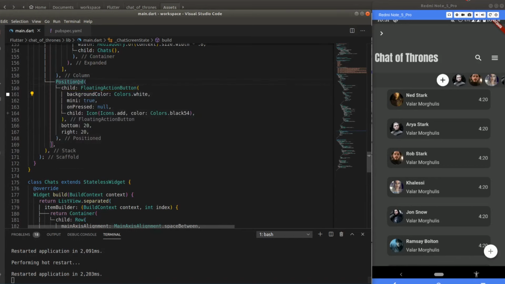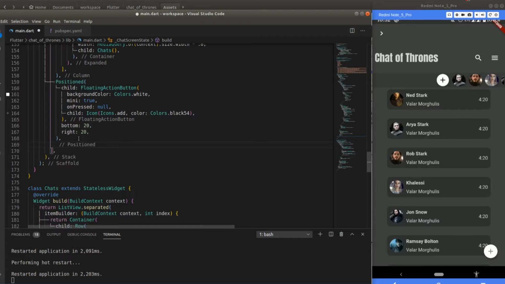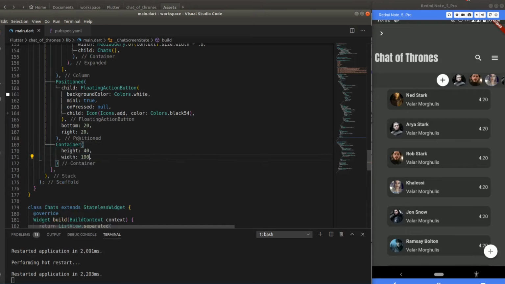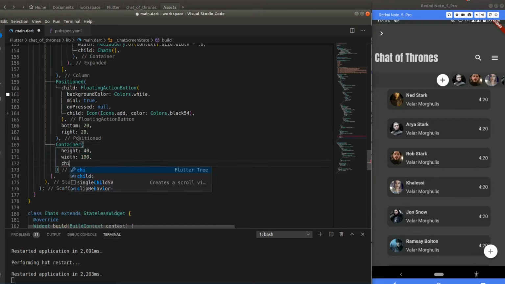So I'm gonna wrap this inside a row, or directly I can add it over here only. So it's gonna be a container, and this container is gonna be of a height of, I guess, 40, and width is gonna be, let's say, 100. And this container will have a child of our row,